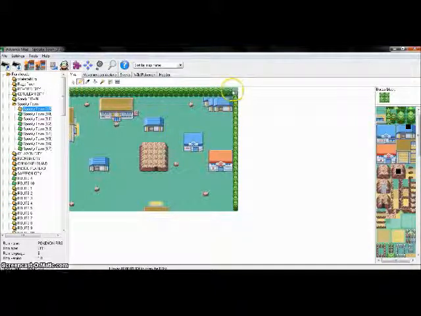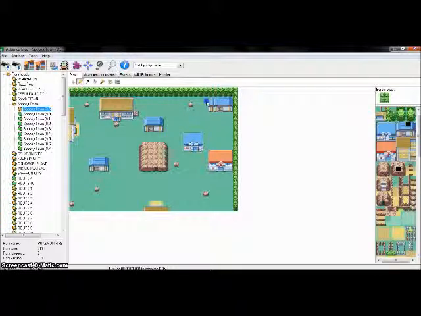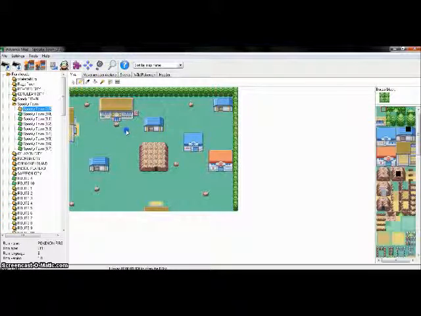Some trees for the border. And we'll just do another one of those. So there you go. Fix all that. Okay, now we got a rock blocking the entrance of the gym. That really doesn't work, so goodbye rock. Now, what else do we want to move around? I'll move